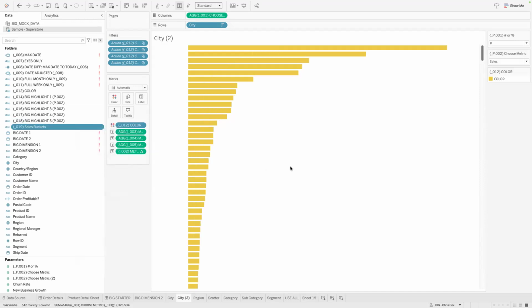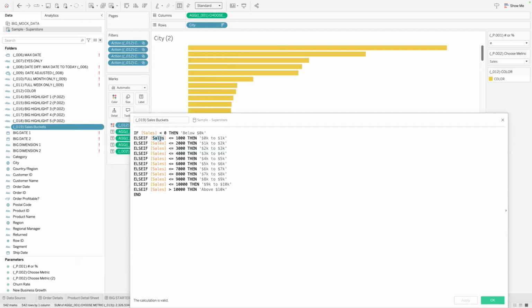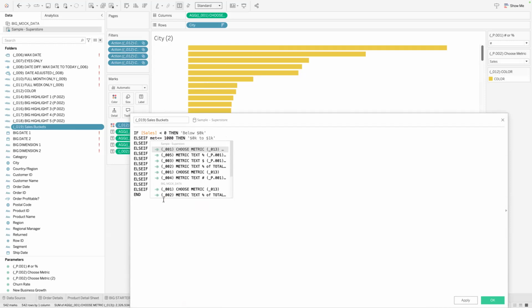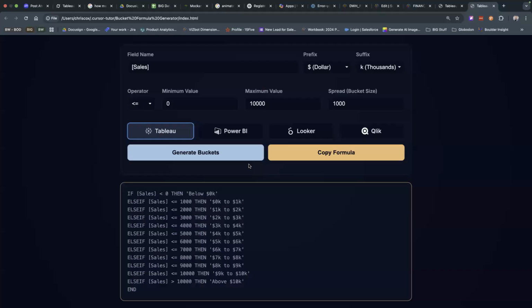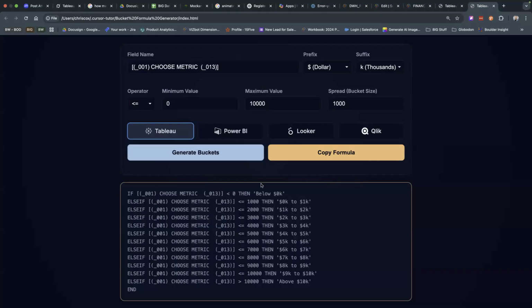Instead of sales, I should have done the metric. Choose metric. So I'd copy that instead, go back to here, and put that in instead. So that's going to generate my buckets for me.